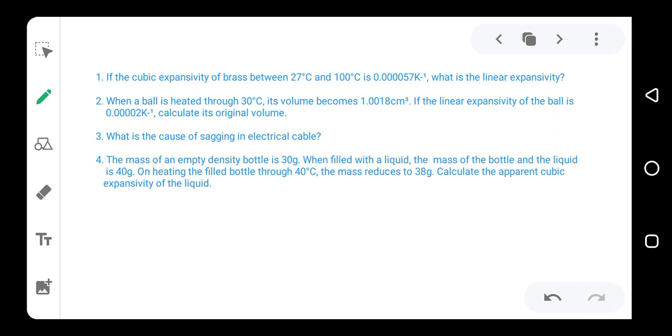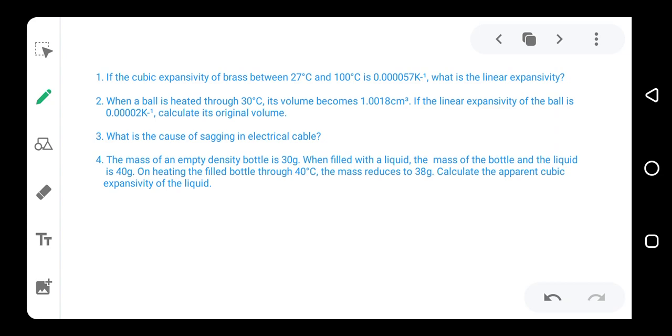We also have what we call apparent cubic expansivity. When we are talking about apparent cubic expansivity, we are talking about something that is related to the original one, the real over the apparent or the virtual. That is, when something has been missed or taken from it, the relationship between it and when it is full is what we call apparent.